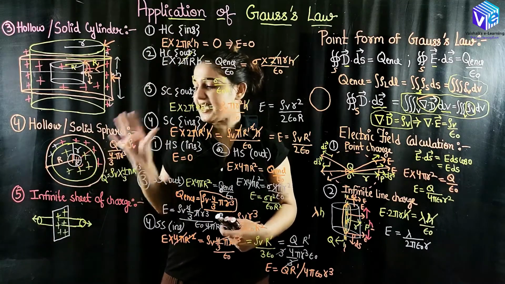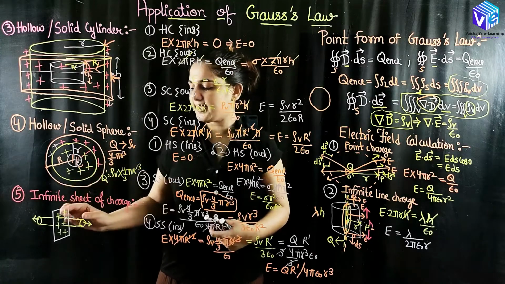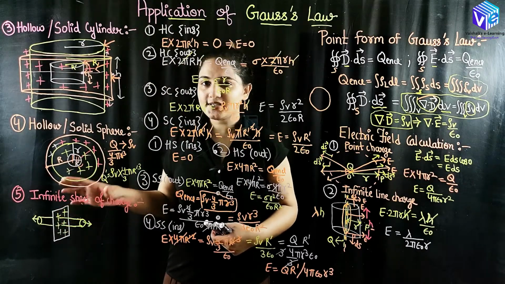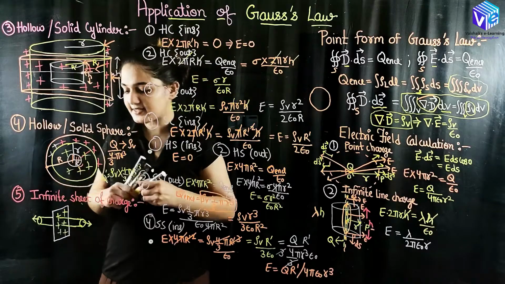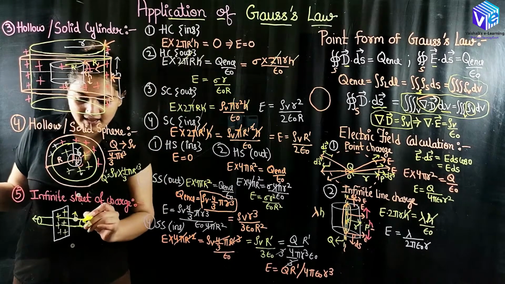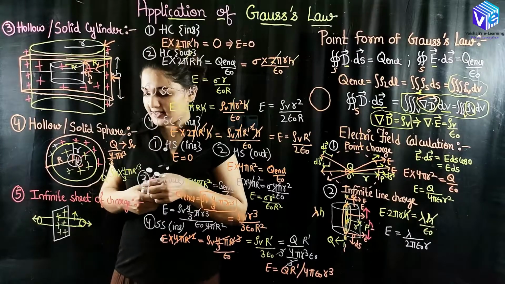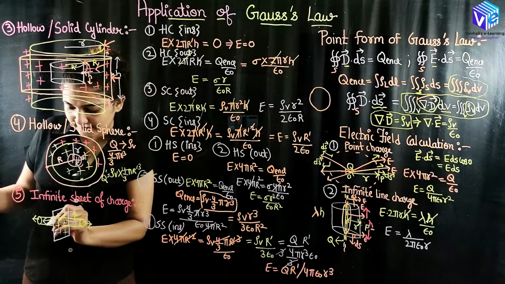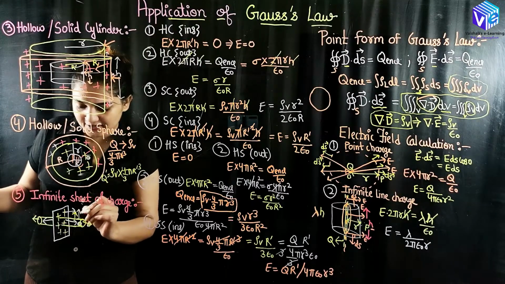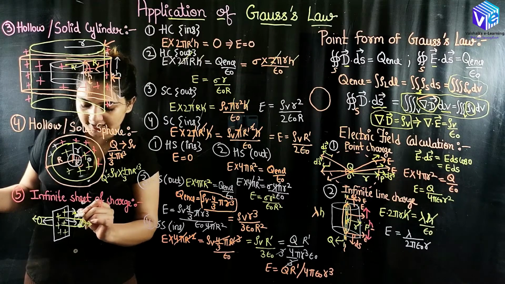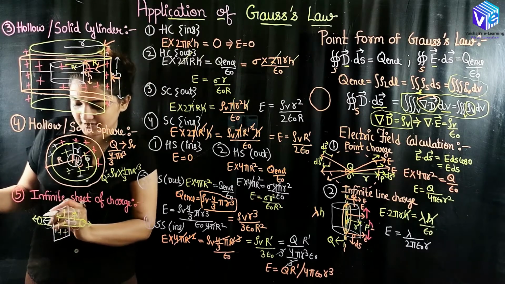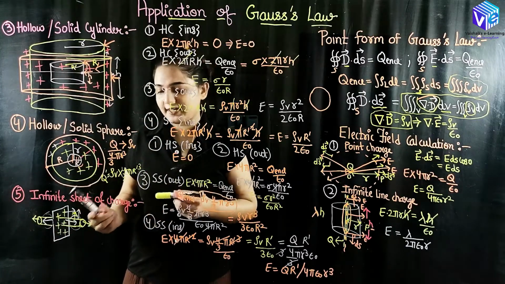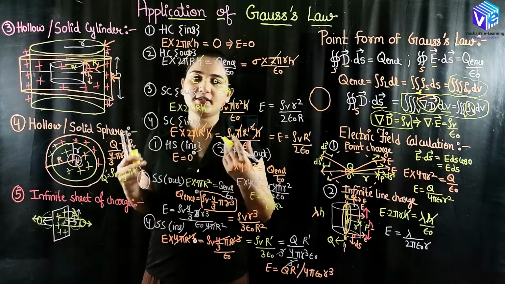Now coming to the last case, this is the infinite sheet of charge, and here I have taken the Gaussian surface. The Gaussian surface I have taken to be the cylindrical surface, and here I have this surface and this surface. So if I see this surface, electric field will be in this direction, or electric field will be in this direction. So if I see the surface vector is perpendicular to the electric field over this surface or this surface. But if I see this surface, electric field is in the direction of the surface vector. So here whenever it is perpendicular, E dot ds will be 0.